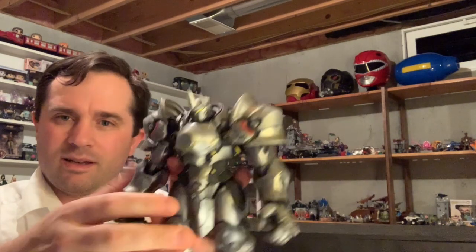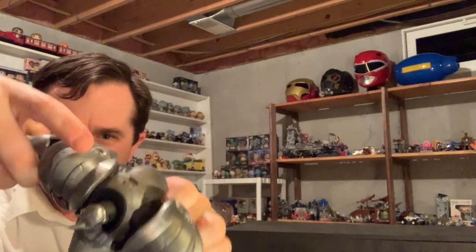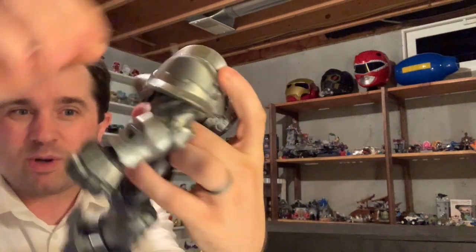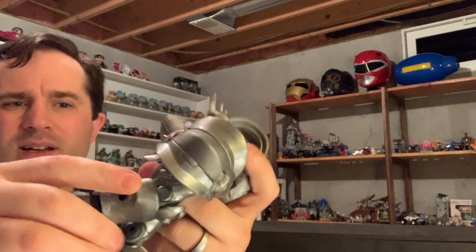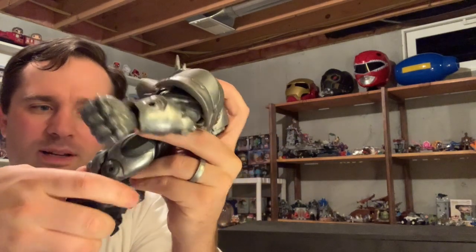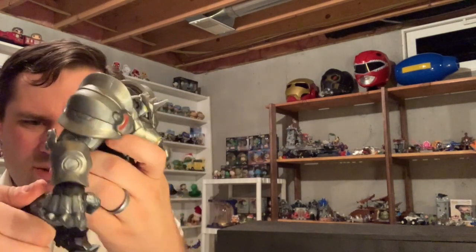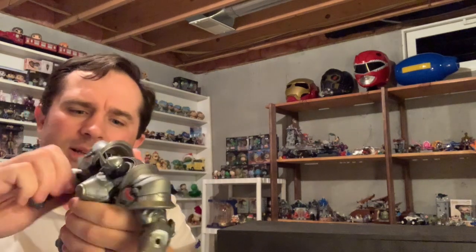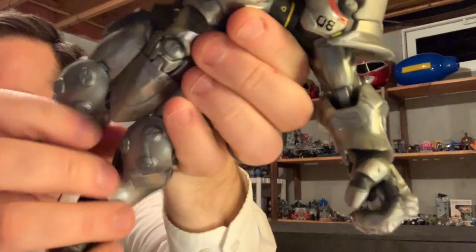Oh my goodness. Just look at that. Huge ball joints in that shoulder. Lots of range of motion. The head has a decent range of motion. Not a lot of range of motion in that hip joint per se, but with somebody this size, he's probably not going to want to. The knees, oh yep, the knees are double jointed. For a second I wondered if they were single jointed, but no, they're double jointed. Elbow appears to be double jointed as well. You can see it in there, maybe somewhat. Anyway,